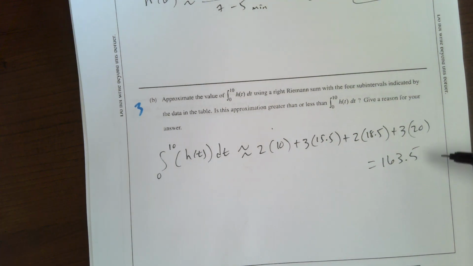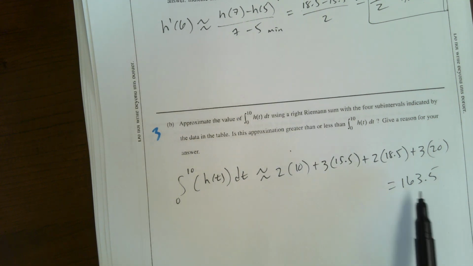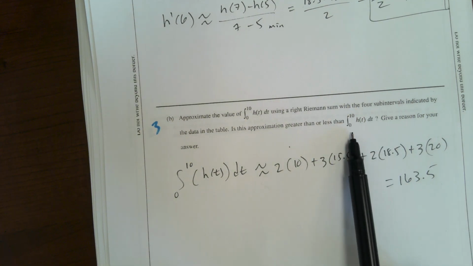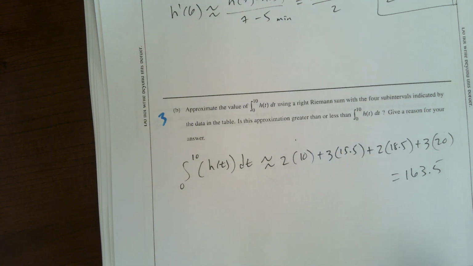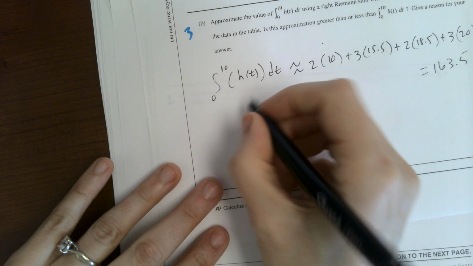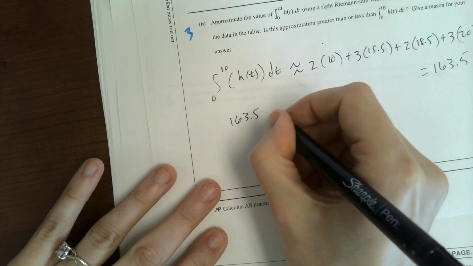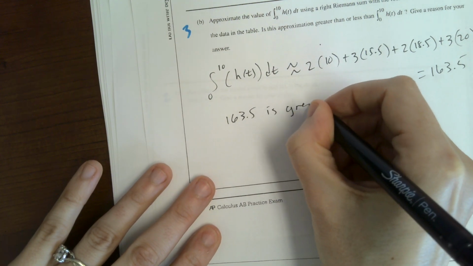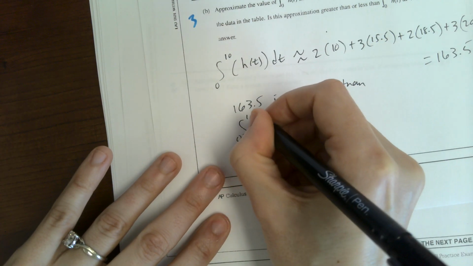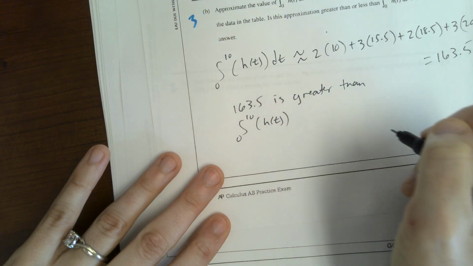Okay, so guys, we got 2 points for that. It's 2 points for doing that. Now the explanation. So they want to know, is this number greater than or less than this? And you could use words or an inequality if you want, but 163.5 is greater than,